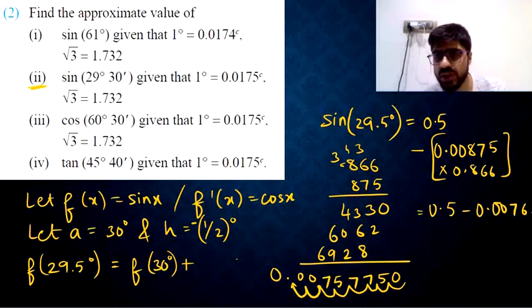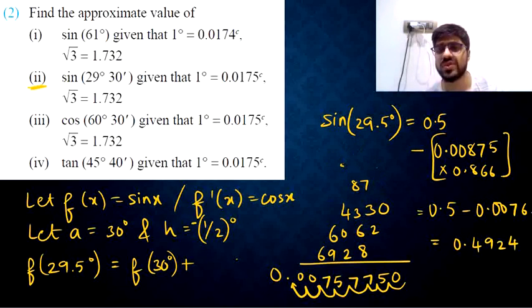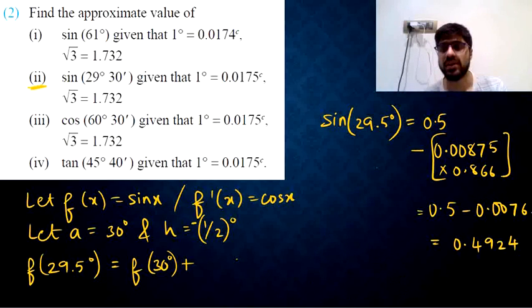I'll take that approximately as 0.6. So we have 0.4924 as the approximate value of sine 29.5 degrees. Okay, so yeah, that was a calculation, very long,